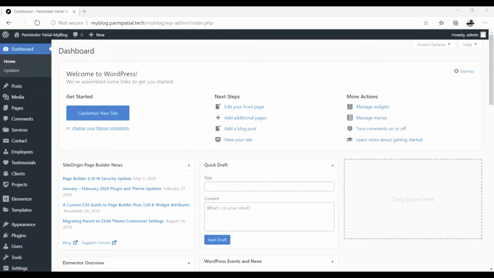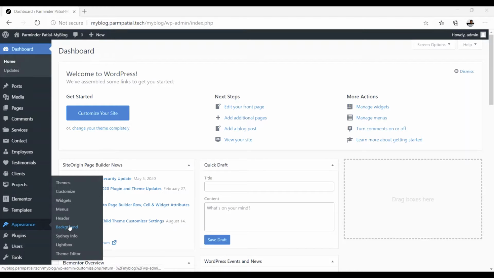Here in this video, I'm just going to create the menu for the website. Menus are used for navigation to the different pages that we have created for this website. In order to create the menu, just open your dashboard, scroll down to the appearance, and from the appearance just click on the menu option here.